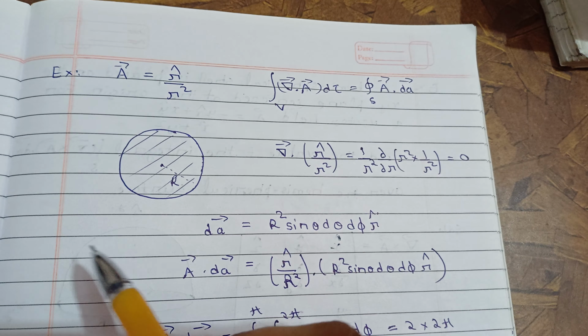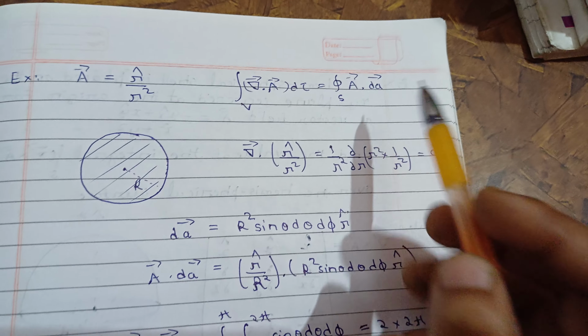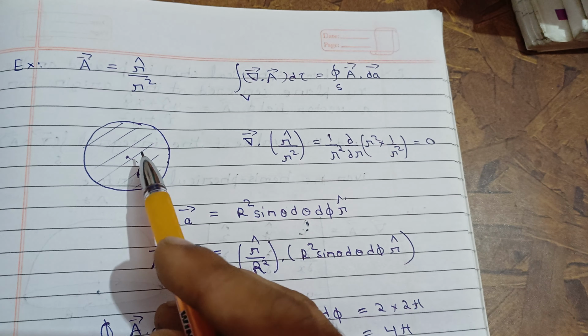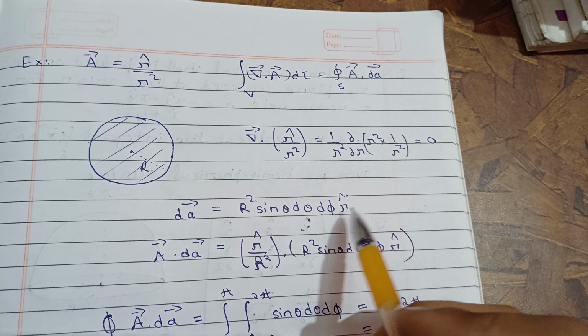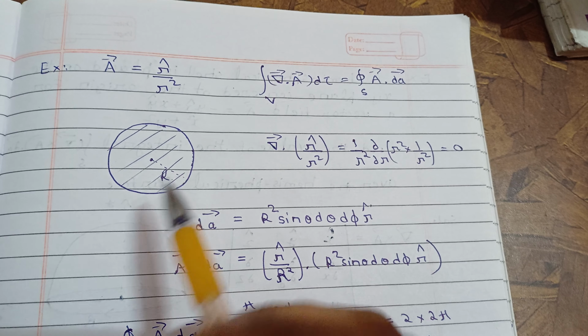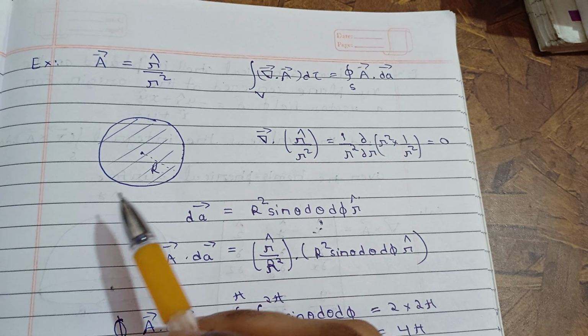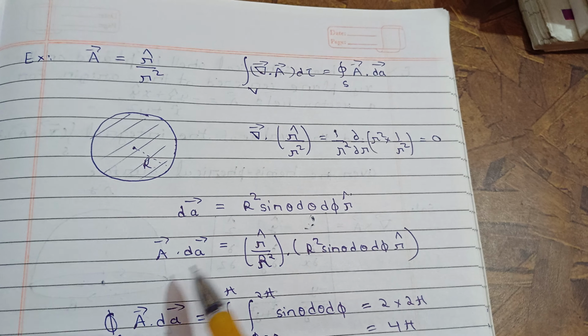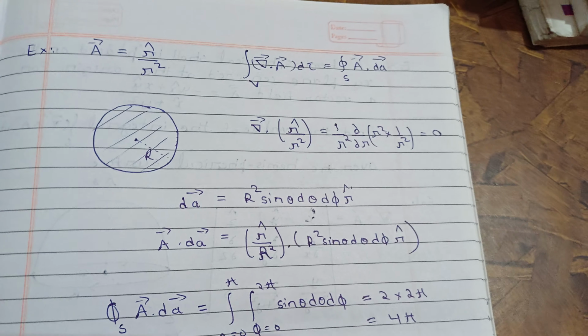So this is your surface. Actually this is a spherical surface, a closed spherical surface. So let's find the A dot dA now. dA for this closed spherical surface will be R square sine theta d theta d phi r cap, because for this whole surface the capital R radius is constant, that's why we are taking this surface. So dr will be 0, and from there you can find the area element, R square sine theta d theta d phi r cap. You already know how to find this.